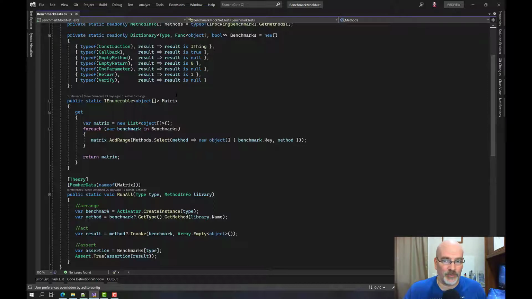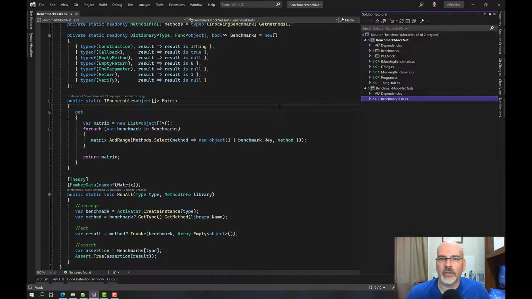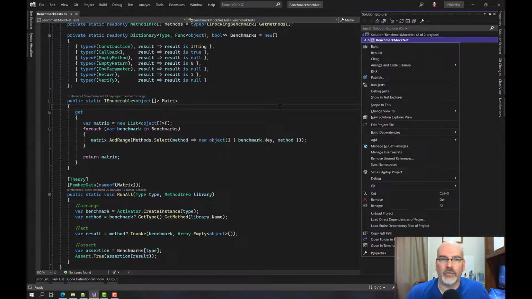So when I add my stuff for JustMock, it should just kick in, because if I add test for JustMock for return, I think what this is doing is looking for all the methods in there and then making sure that all these methods return 1. So the one for JustMock should also return 1. So good on that. All right, let's actually go into BenchmarkMockNet and do